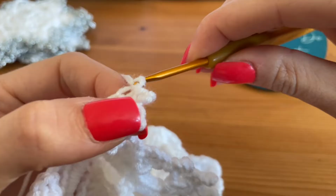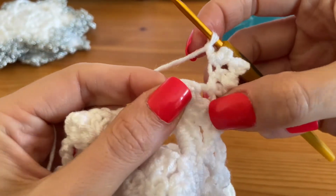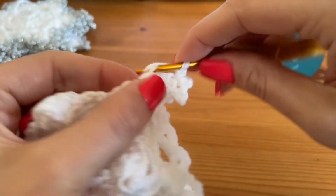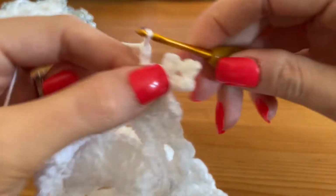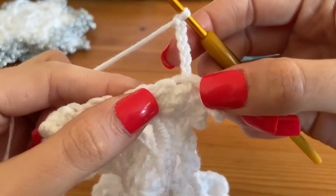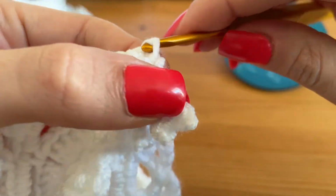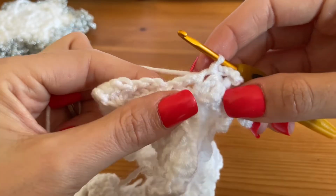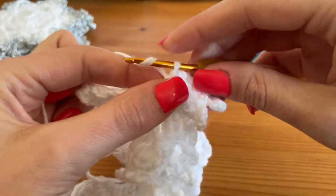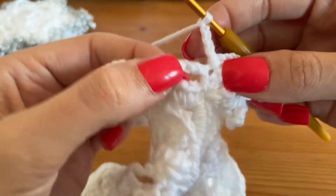Make a chain of 2 and slip stitch into the next stitch. Don't forget, not the same one, the next stitch. And again, a chain of 6, 2, 3, 4, 5, 6, slip stitch into the next stitch. And I'm just going to show you the 3 sets of 4 chains one last time, just so that you've got a refresher, and then you can re-watch if you need. So 1, 2, 3 and 4, slip stitch into our